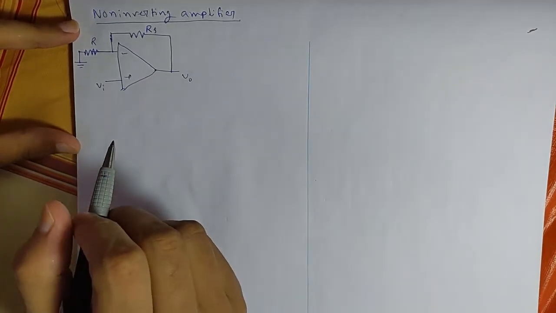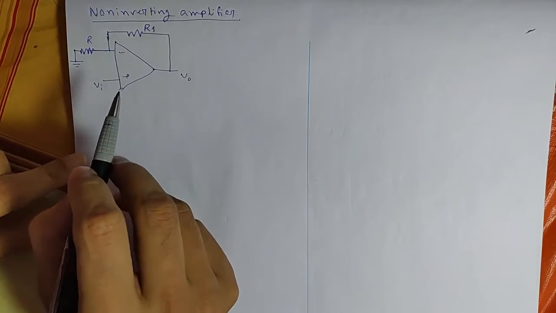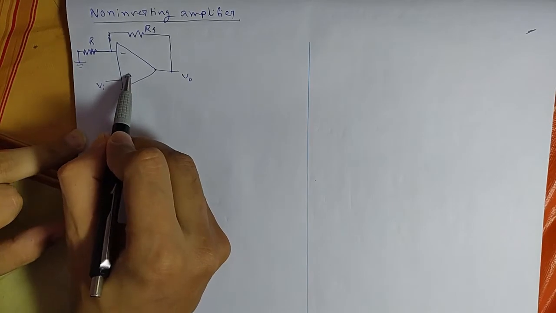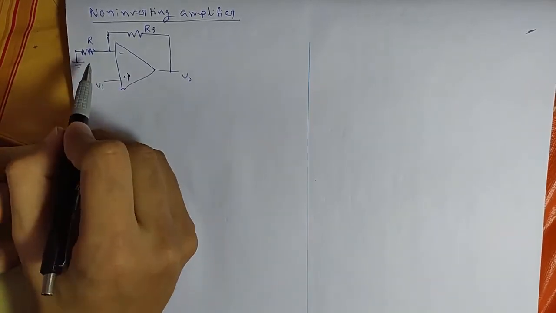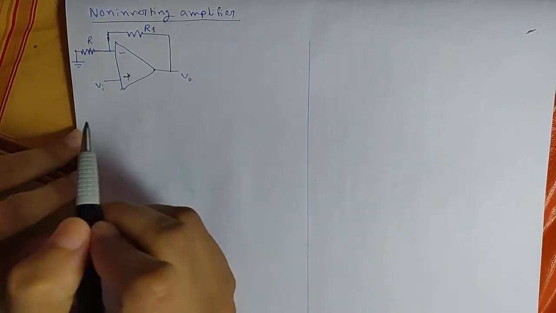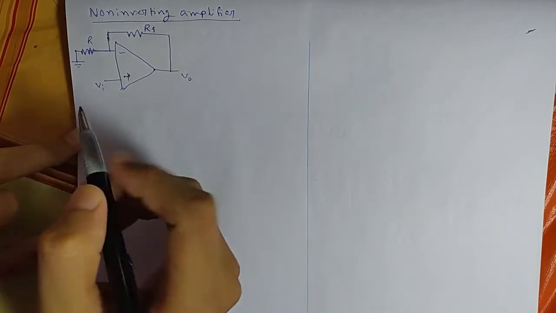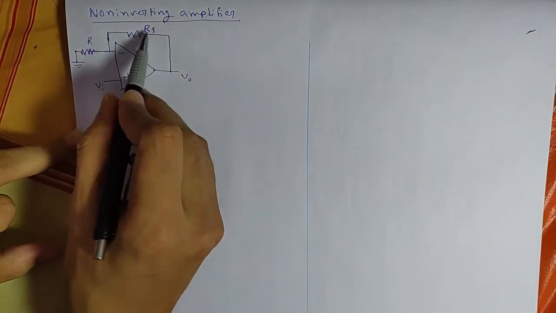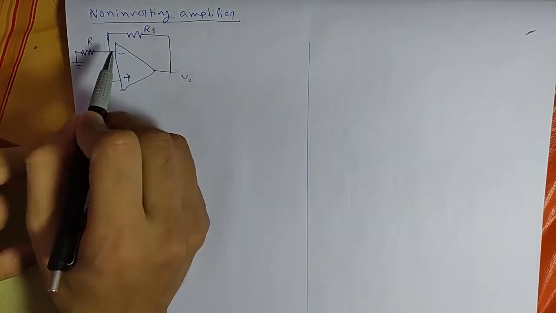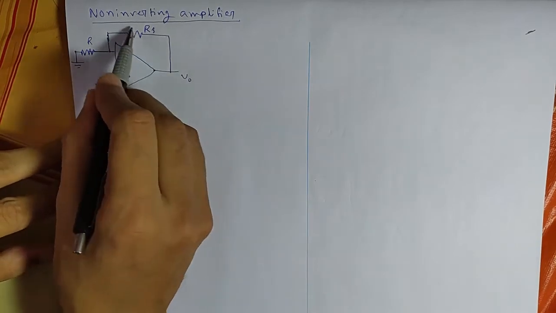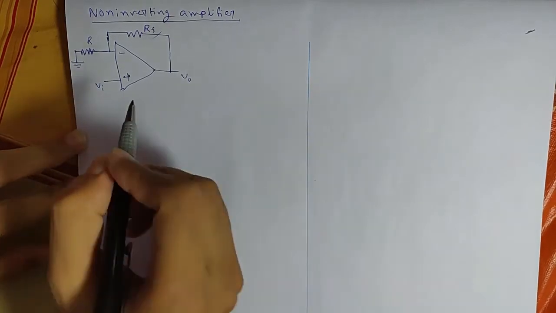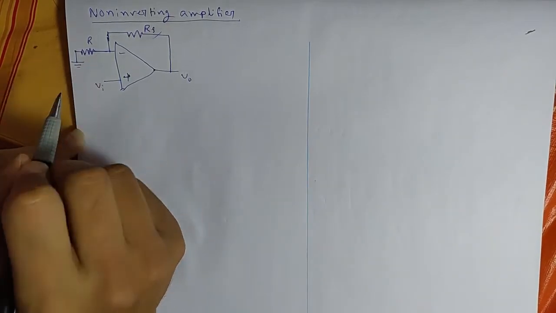Non-inverting amplifier. In this case, you can see we have applied input at the non-inverting terminal, and this inverting terminal is grounded through a resistance. From the previous concept, we know that if we connect output to input through a resistance or any other element, it will give negative feedback,